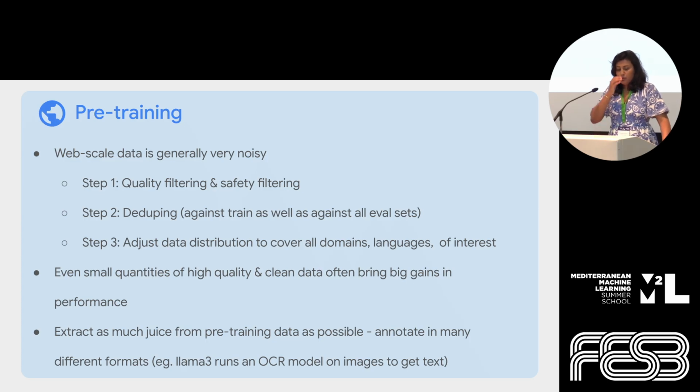So what are the important things to think about for pre-training? Web scale data is generally very noisy. So step one is quality filtering and safety filtering. You don't want your model to learn about questionable things from the internet, so you filter that. Quality is basically, there's a lot of things where if you scrape the internet, like